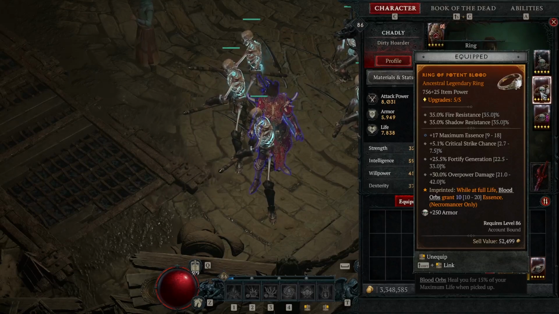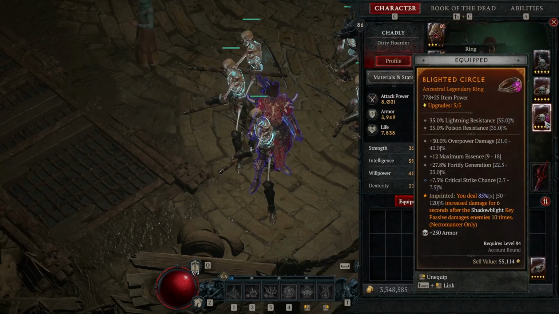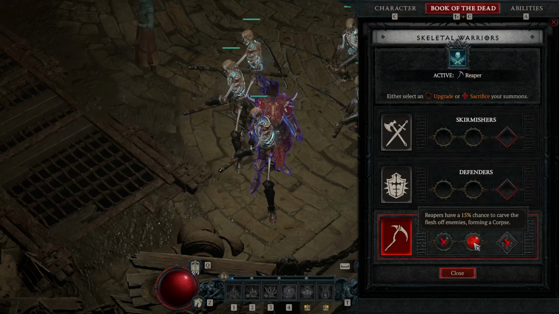That's going to be your main thing right there. The more max life you have, the better your overpowers are going to do. So get rid of the fortified gems that I have on here for max life and you'll be good to go. Quickly looking at our Book of the Dead here with our skeletal warriors, we're going to be using the